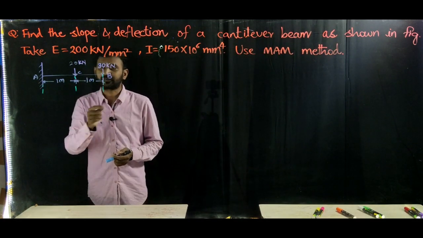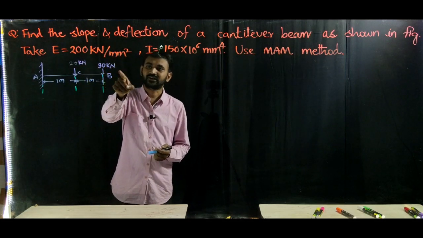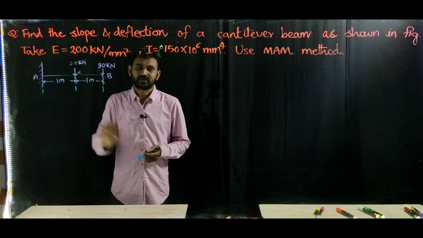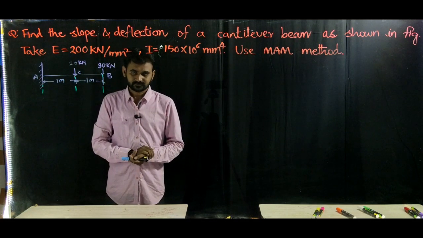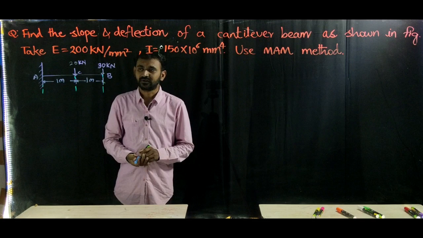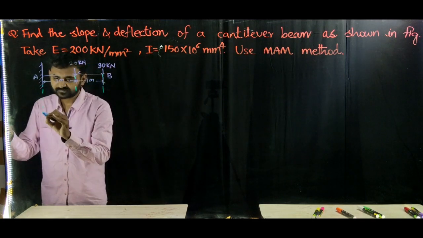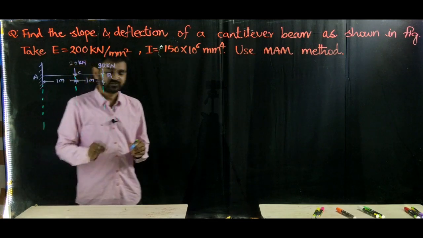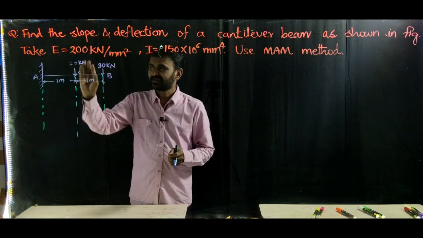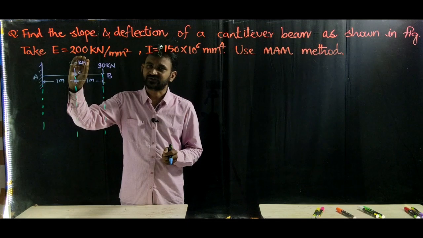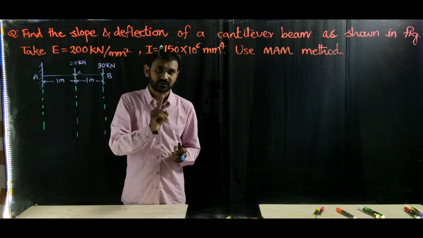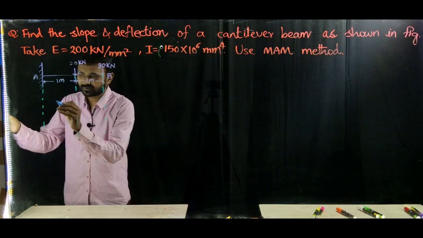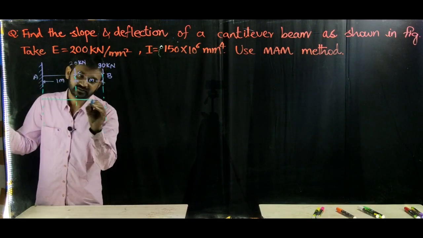Because it is a cantilever beam and you have 20 kilonewtons over here and 30 kilonewtons over here, at a distance of 1 meter and 2 meters from the left support. So how to solve this? It's very simple. Let me tell you. Generally, think that there is no 20 kilonewton load, then you have only one point load and you can draw the bending moment for that. That is very easy to draw and I am drawing that.